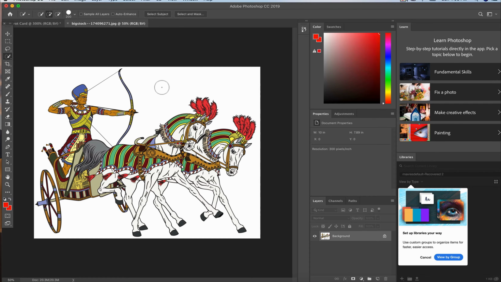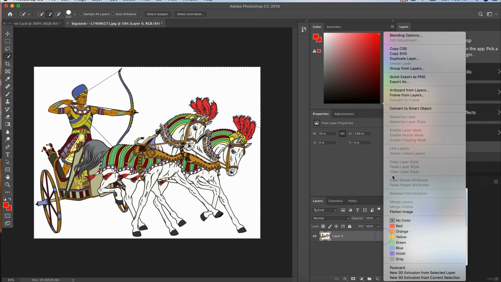Now we want to get rid of all, if not most, of this white space. So what you want to do is take the tool, and you see I clicked the white space that we want to get rid of. And before you get rid of the white space, you always want to make sure that this lock button down here, where the hand is, is turned off. Because if it's turned on,